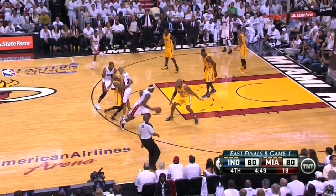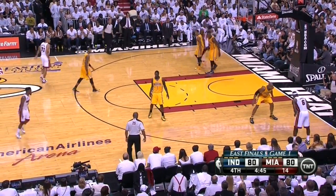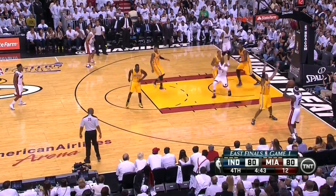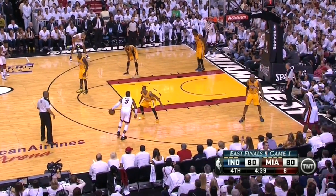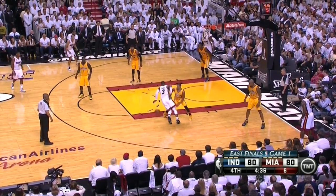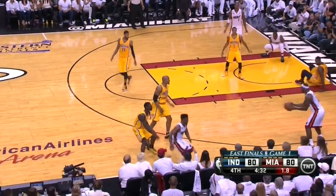Another problem with freelancing is that you might get guys almost fighting over who is going to screen LeBron, and this also leads to disorganization where you have guys randomly cutting to spots on the floor, making it hard for LeBron to read and make the right play. Indiana is good enough to stop hero ball like this, and it took a miracle 3 by LeBron to bail